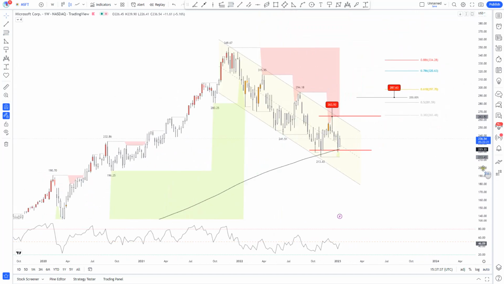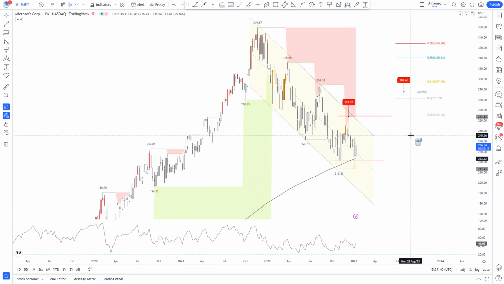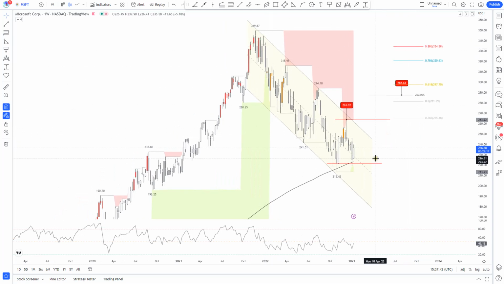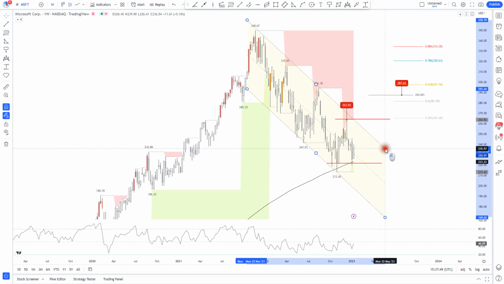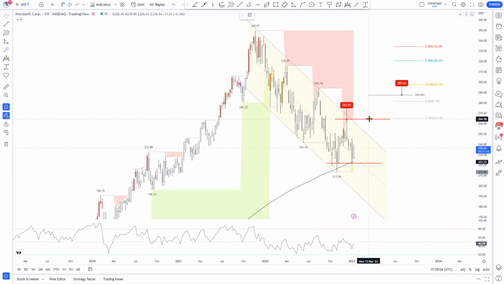Let's zoom into this price zone. Of course, there's a descending channel, there's a resistance. The violation of this fractal will converge almost for sure with a violation of this channel to the upside. We already have the technical double bottom in place. Of course, it needs to be validated with a clear violation of these highs, as I was saying. That should trigger a move to the 200% Fibonacci extension level.